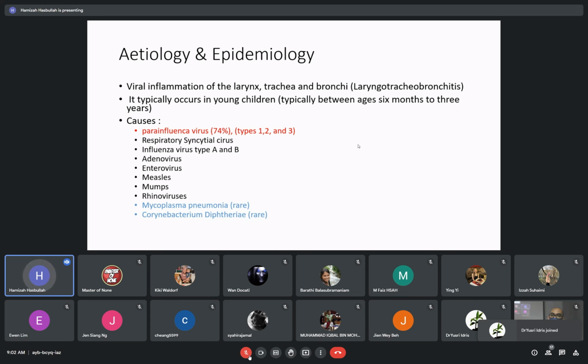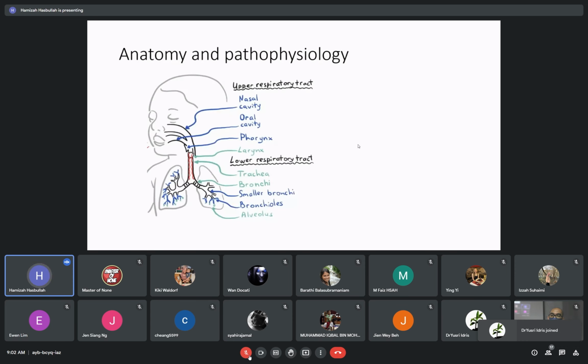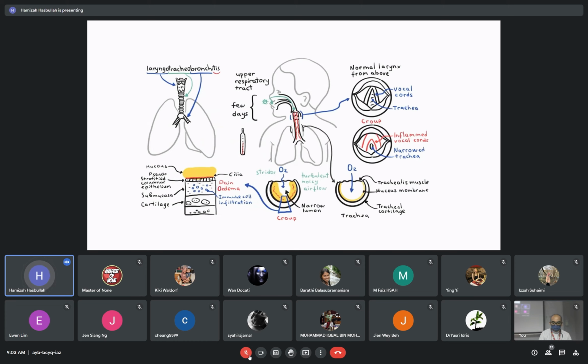Okay, the anatomy of the respiratory tract, including the upper respiratory tract and lower respiratory tract. Upper is the nasal cavity, oral cavity, pharynx, and larynx. The lower respiratory tract is the trachea, bronchi, smaller bronchi, bronchioles, and alveolus. So the pathophysiology of laryngotracheobronchitis starts when the virus invades the upper respiratory tract, which